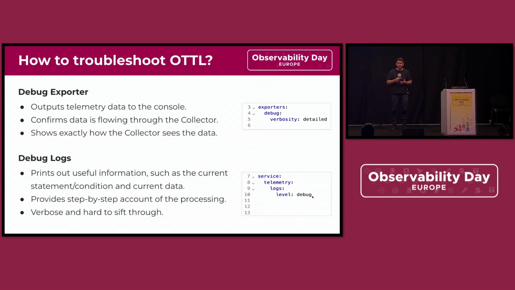Well, it's very useful. The debug logs are amazing, but they're also very verbose. When you turn on the debug logs for the collector, that's going to turn on the debug logs for everything. So you're going to see a huge amount of data being printed, and that's crazy for filtering and finding the logs you care about. So both tools are very useful. They are the main tools we have right now, but we want another option that's going to make this analysis process easier,